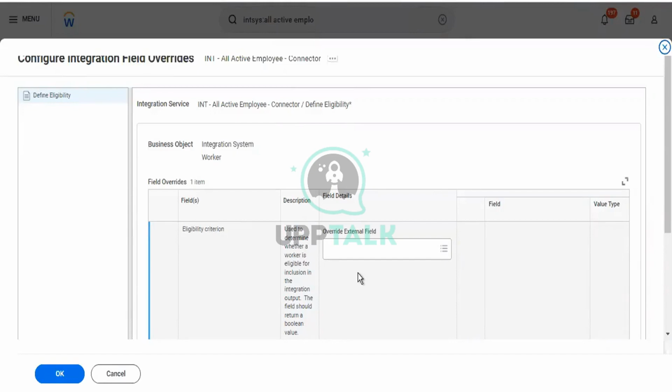You need to specify any of the Boolean values. Any other criteria that you want, you can add to that. If you want female active employees or male active employees, or both female active employees and terminated female employees, you can define Boolean values as you want and specify in that particular